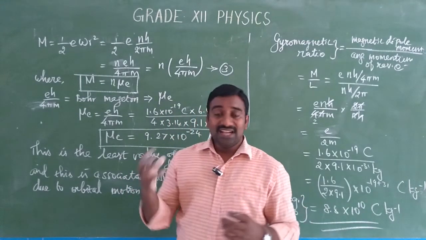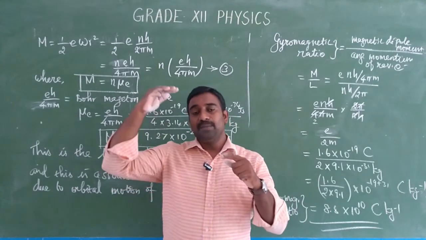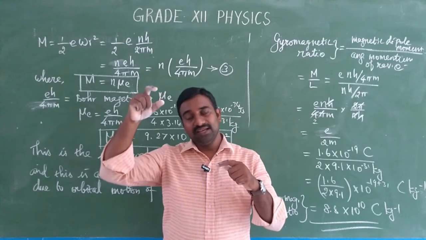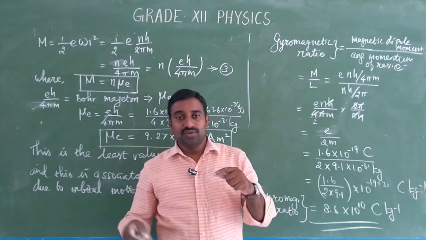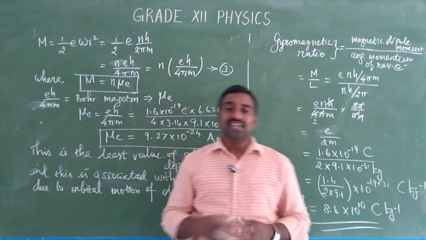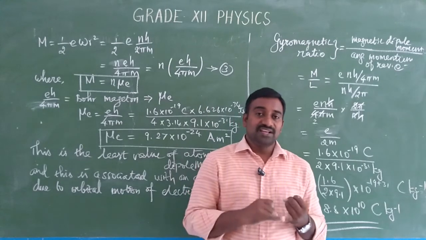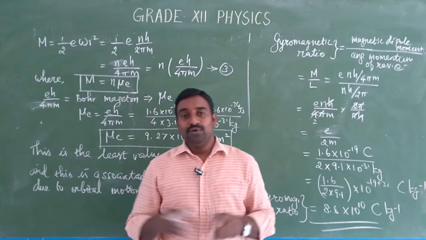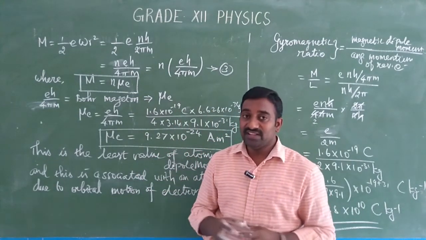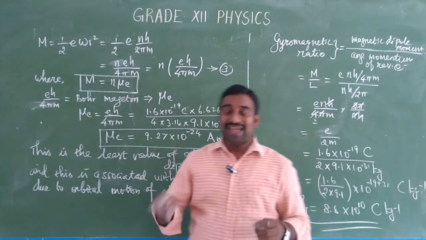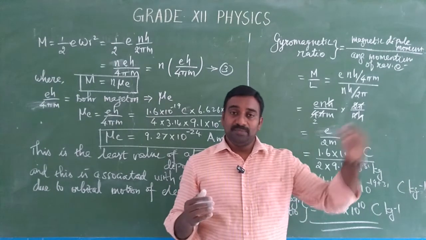What is the magnetic dipole moment? Suppose an electron is revolving in an anti-clockwise direction and the direction of the current is clockwise. In that case, the upper portion of the electron's loop acts as a north pole, as the current flows in a circular loop. Then the lower portion of this electron revolving around the nucleus behaves like a south pole. So the atom behaves like a magnetic dipole moment. So first we want to determine the current. The current is the rate of flow of charge, and from that we want to find the time. How can you find the time? Because the path of an electron that has an angular momentum also has an angular velocity. The angular velocity is equal to angular displacement by time.